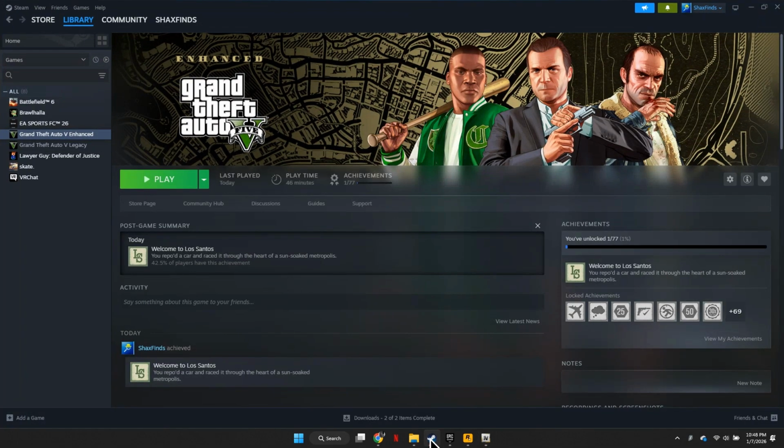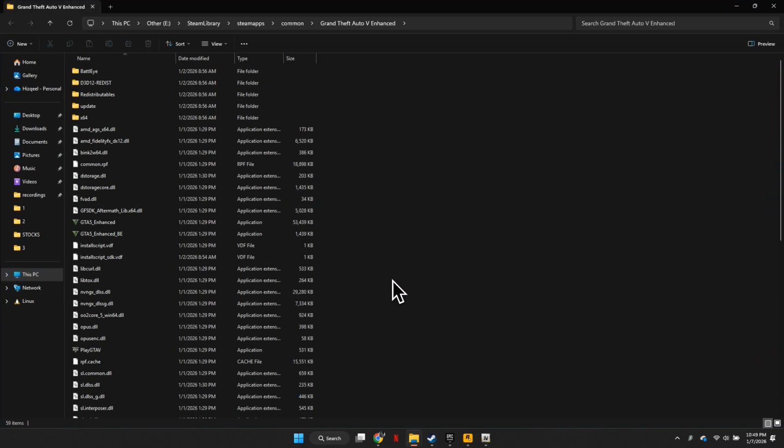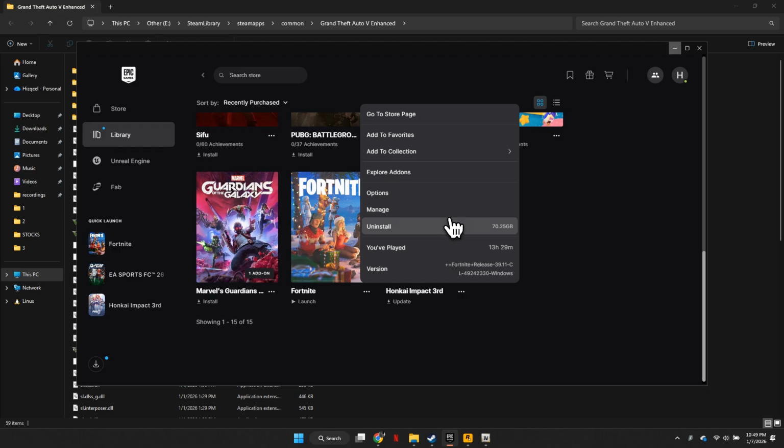If you are using Steam, open Steam and go to your library. Right-click on GTA5, select Manage, then click Browse Local Files. This will open the main GTA5 installation directory where GTA5.exe is located. For Epic Games Launcher, open your library, find GTA5, click the three dots next to it, and